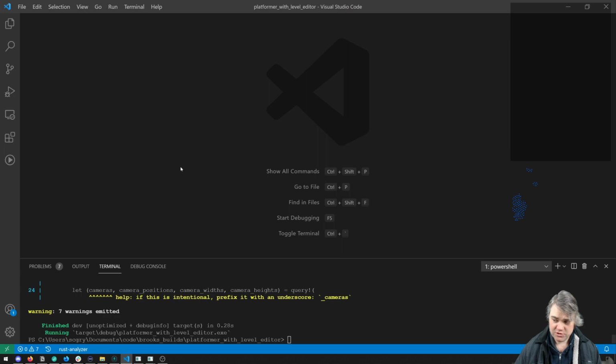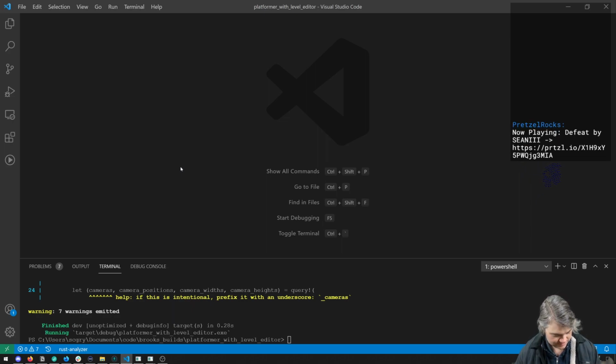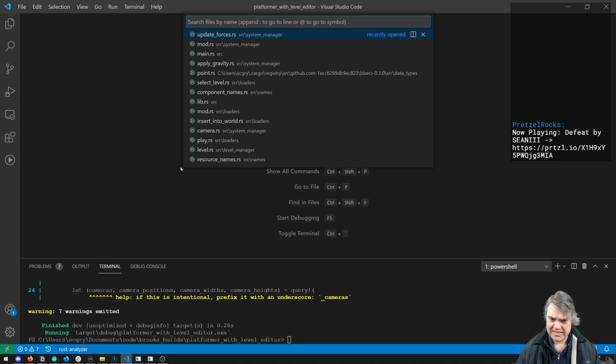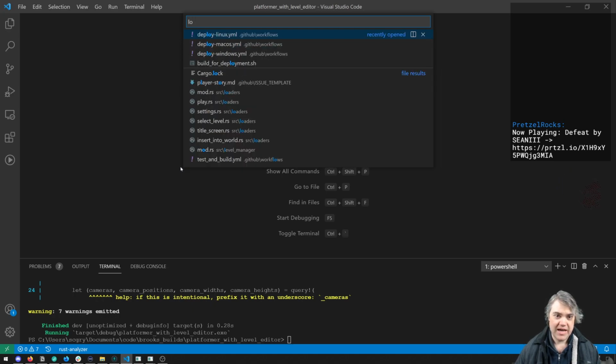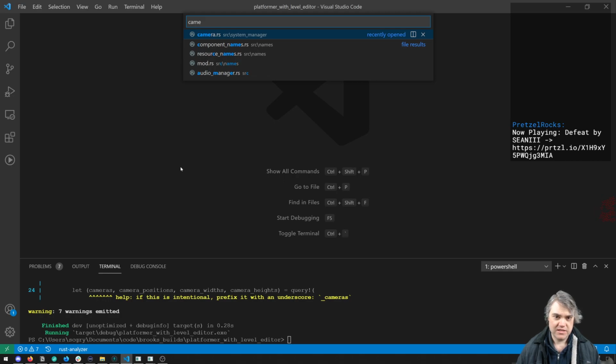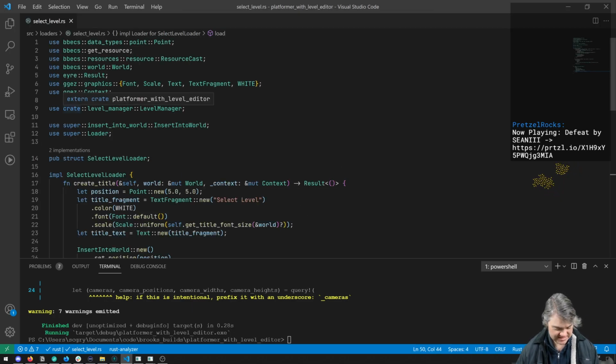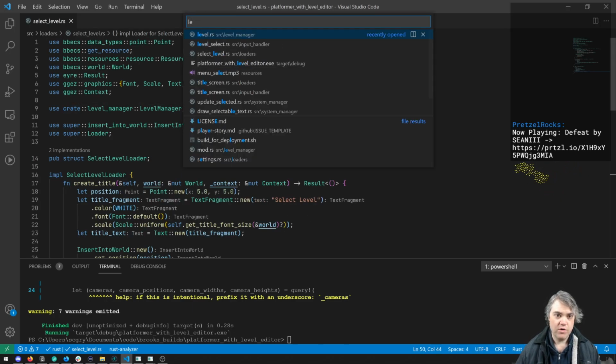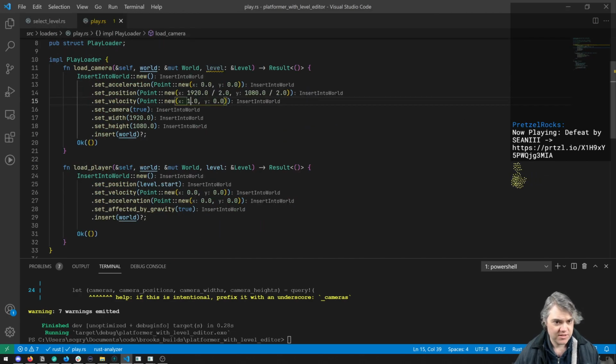Now, I think the first thing we're gonna do is stop the camera moving, because now we're gonna work on something for the player to fall onto. So let's go find our loader. I guess it would be the camera in the loaders. I think it's in the level. Level under loaders. No, this is select level. Oh, I think it's called play. Play and loaders. Here's our camera. We have a velocity of 1. So if I rerun this,